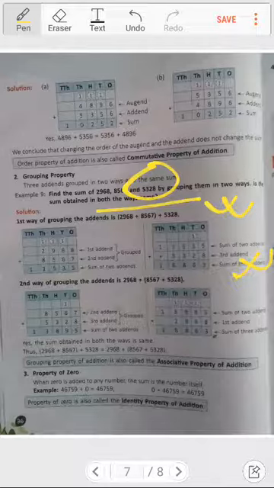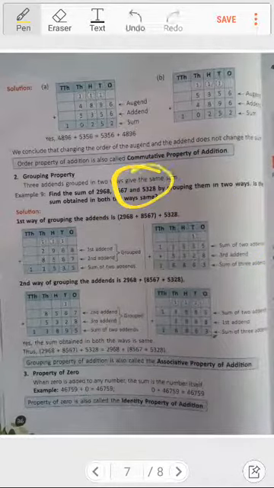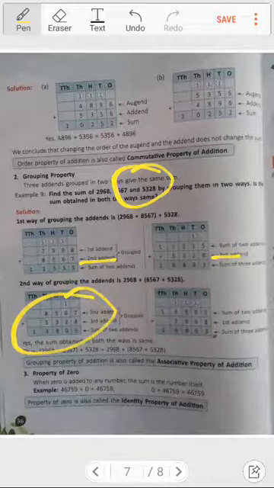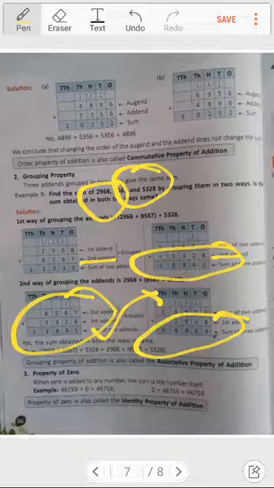16,863. Now again, in the next way, what has been done is that these two numbers were added first, 8567 and 5328. You can see in the next one another number came, that is 13895. Of course, we are adding two different numbers, but in this 13895 we had added the left one, this first number, that is 2968. What we got, the final sum is the same, 16863, 16863.